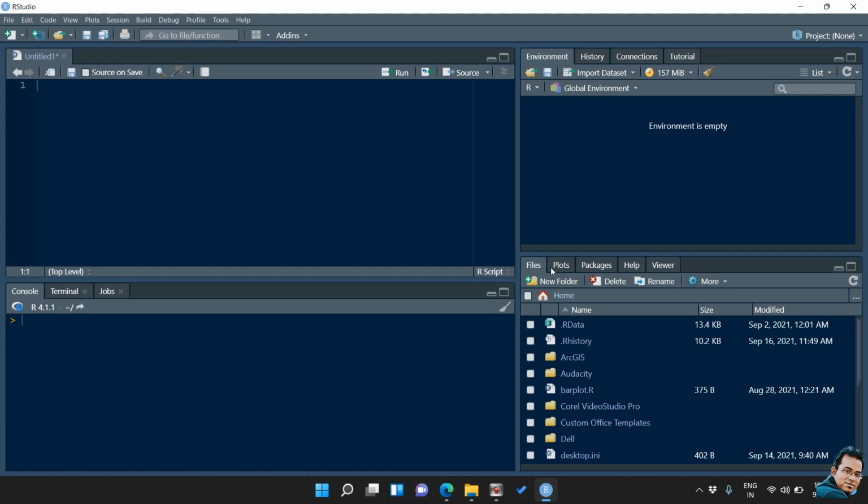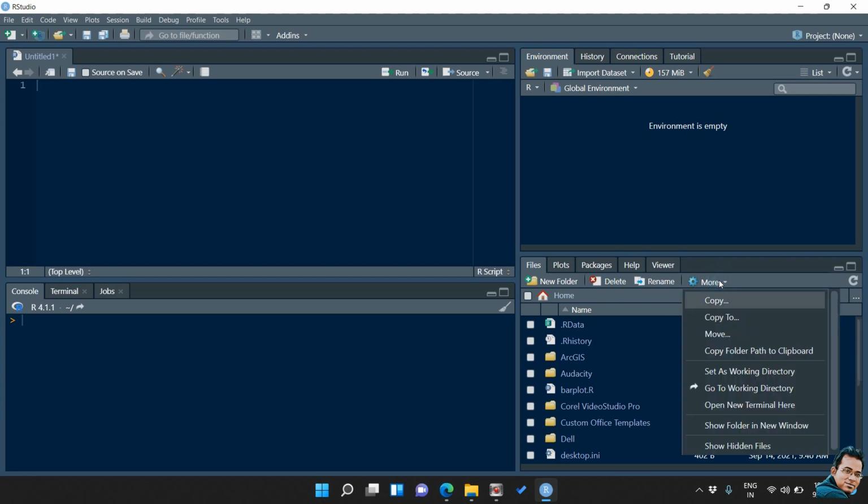So what is it? The files pane functions exactly like File Explorer, similar to Windows Explorer on a Windows operating system. Here you can see different options. One is new folder. If we want to create a new folder in this workspace, you can create it by clicking here. You can delete any file or folder by clicking here, or rename any file or folder by clicking here.